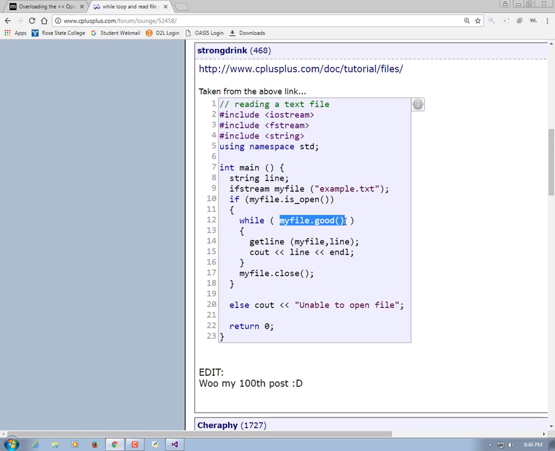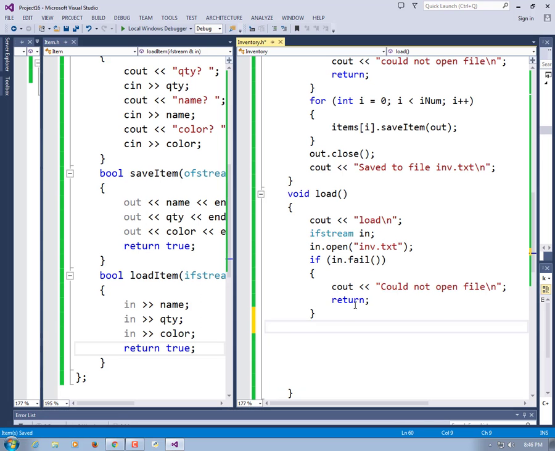Let's just give that a shot. But we didn't open the file yet. Yeah, we did, right there. Oh, I missed it, sorry. Okay, so while in.good,